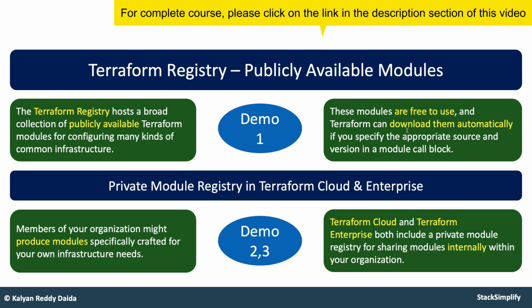So as part of demo 2, we are going to look into first building a local module. We have said here this whole thing is going to be done in demos 2 and 3. In demo 2, in this Terraform modules section, we are going to build a local module. And in the next bigger section, Terraform Cloud, you are going to use that private registry, meaning you are going to take that local module, publish it in the private registry on Terraform Cloud, and then call it from your root module. All those things you are going to do in your next 3 to 4 sections.